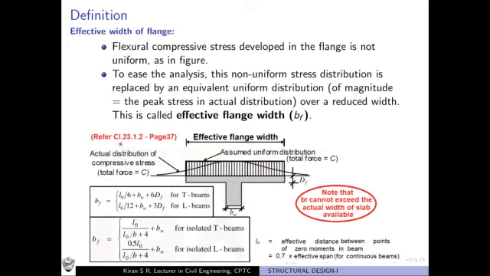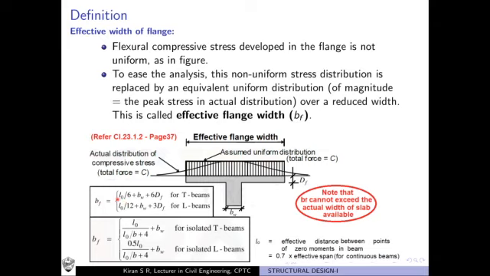If you refer to clause 23.1.2, this represents the region of the slab which behaves as a beam itself. To find this width, just refer to page number 37, clause 23.1.2. You will find these set of equations where the effective flange width is represented by the letter Bf,